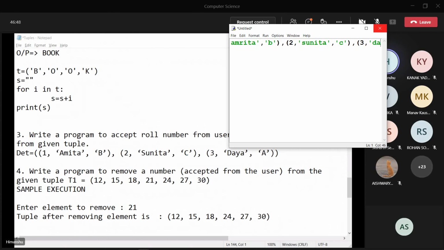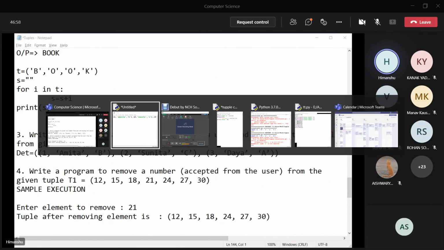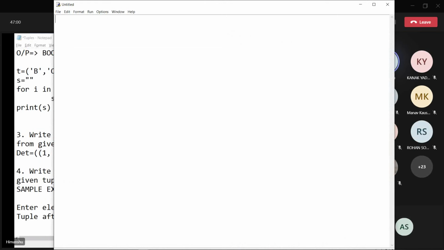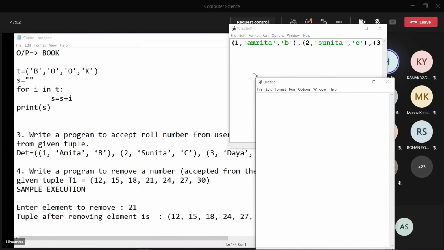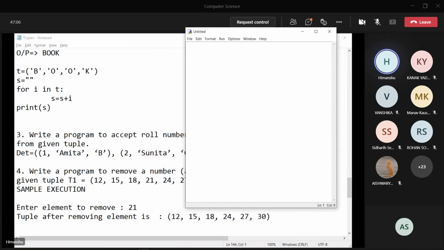Okay, sir. But what are you thinking? You must be thinking like we'll find the index of that particular element, slice the tuple from there, and after removing the element, again concat. You're thinking about this. Yes. Try. Please try. देखते हैं क्या करोगे? Please try it. No issues.